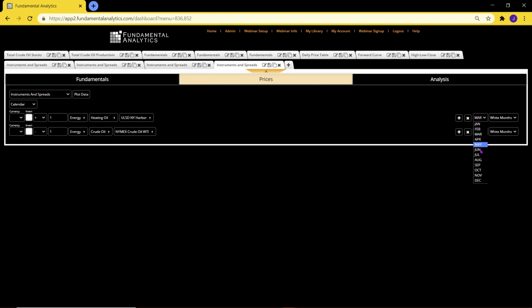And I'll just stay with the December contract for both and do the subtraction. Heating oil price minus crude oil price would give us the margin on a one-to-one basis, so to speak. This is very simplistic, but at least it gives you an essence of the strength or weakness of the refined products, reflecting on the demand, reflecting on the state of the economy.